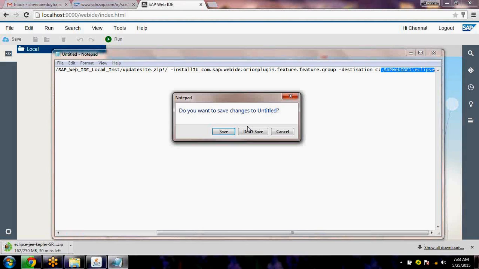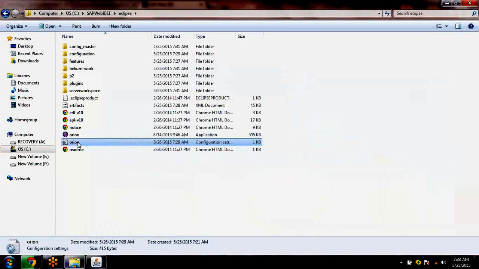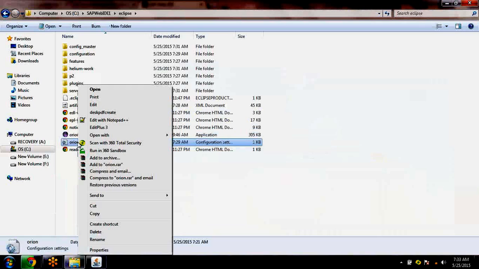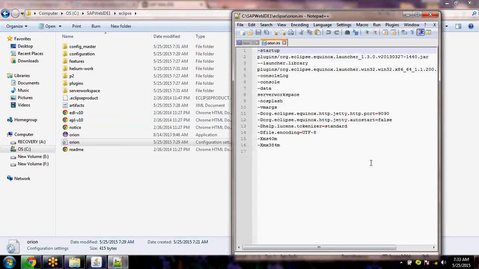Once you have executed, go and change the port number of this Eclipse server. How do I change it? Go here and change the port number to 9090 or whatever you want, but don't keep the default one, that's nothing but 8080. If you have 8080 free, no problem. If something else is using that port number, then you have challenges. So the best practice is to go for 9090 or something other than 8080. Once that is done,